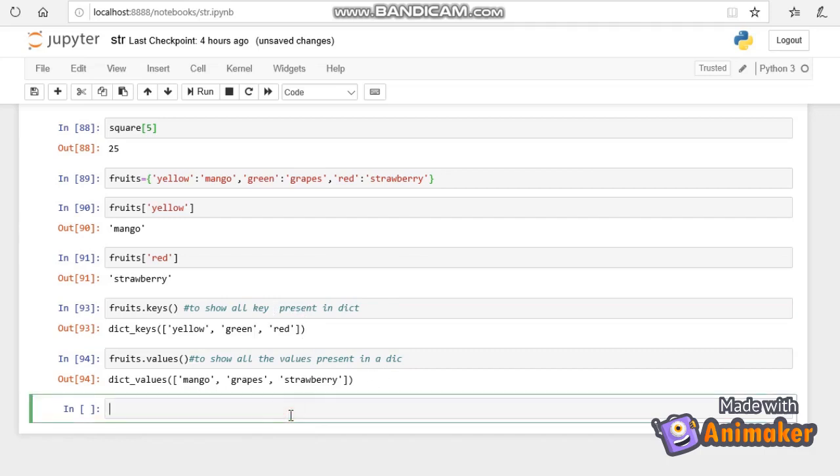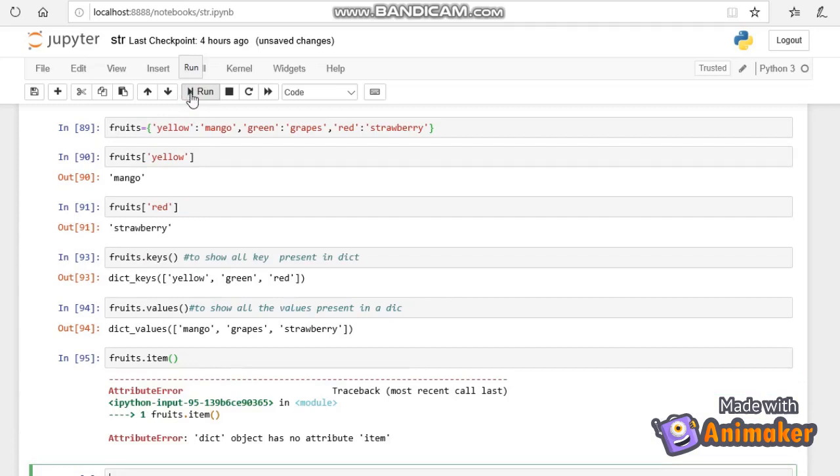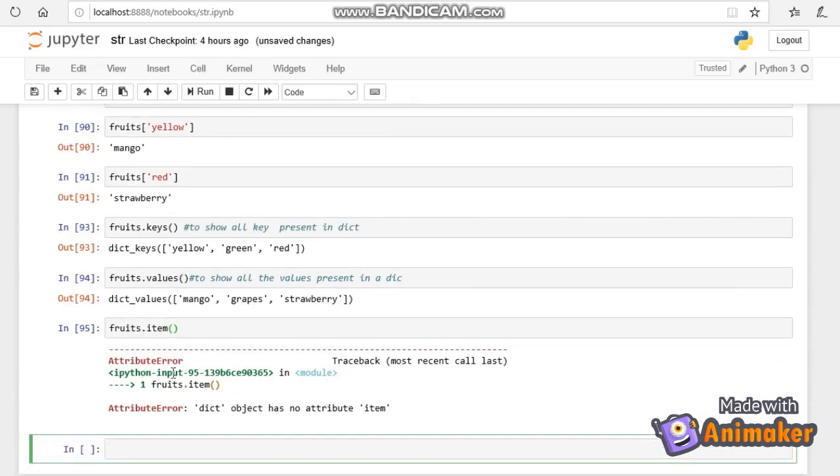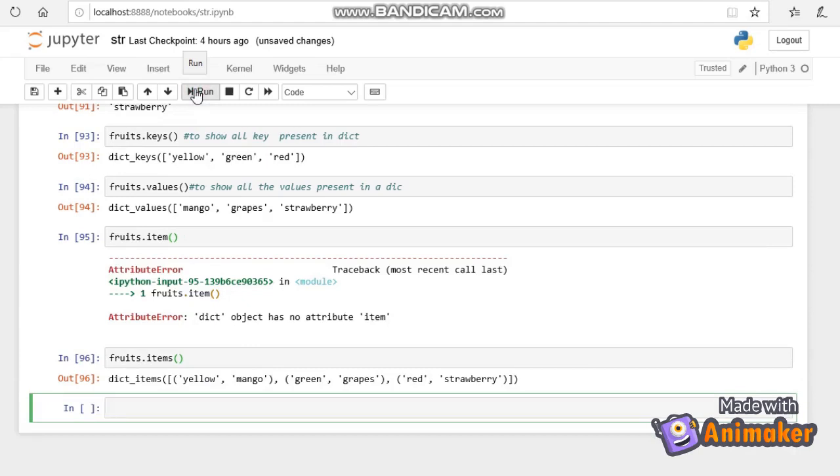Now if we want to print all the keys and values, we have to give fruits dot items. We should give items.